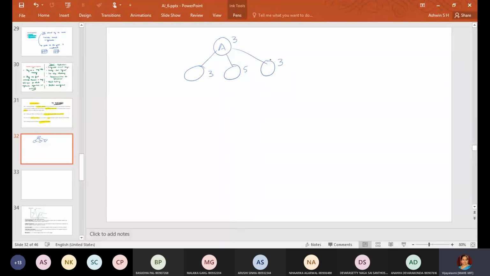Please note one thing I want to clarify. As I said, hill climbing means it will go to the immediate neighbor with a slightly higher value. So it will go in this way, in the upward direction. But if we talk in terms of heuristics, we always prefer a lower value of heuristic. In all the trees or graphs you have considered so far, we always selected the lower heuristic value.